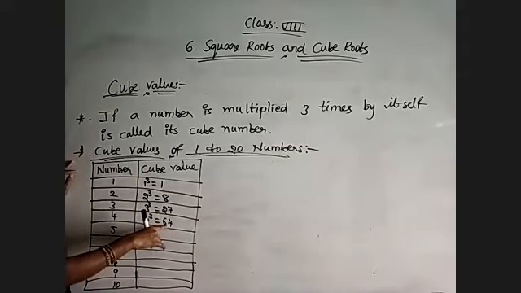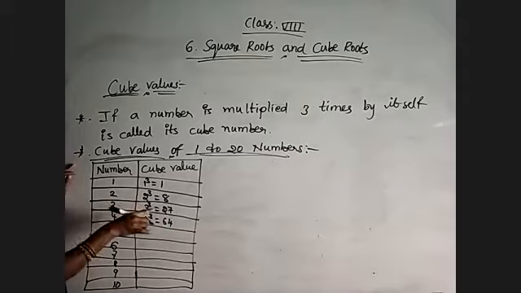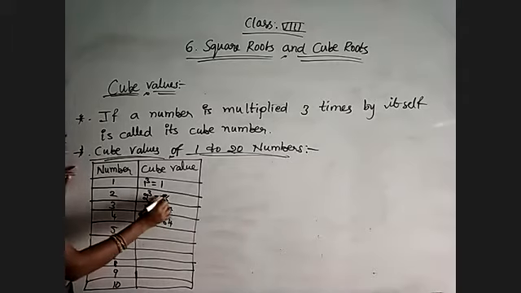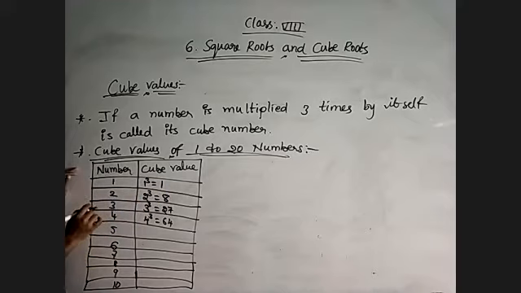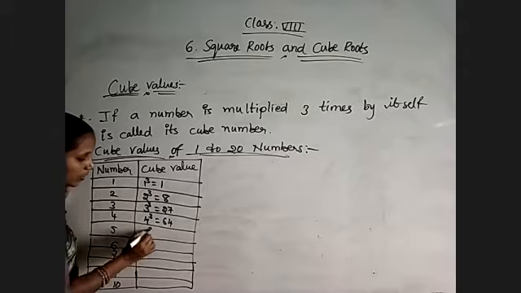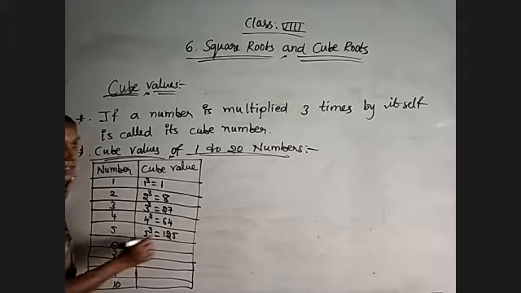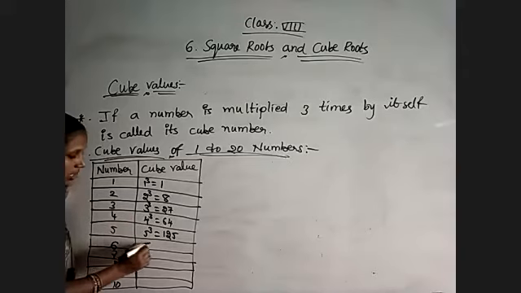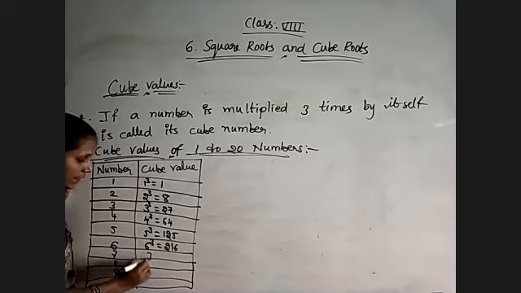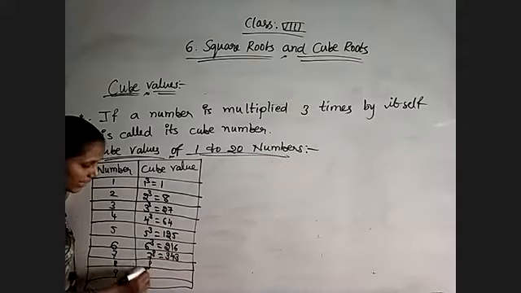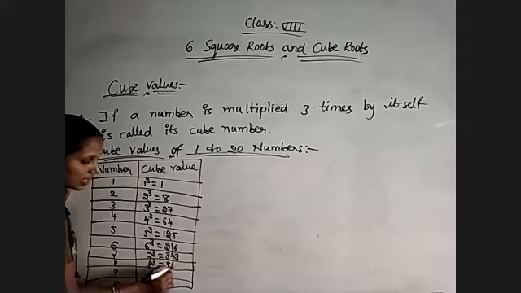It is a perfect square as well as a perfect cube, because 64 we can write as 8 square. So 4 cube means it is a perfect square and a perfect cube, whereas 8 we can't write as a square value. 1 is a perfect square and a perfect cube. Okay, next 5 cube is equal to 125. 5 5s are 25, 25 5s are 125. 6 cube is 216, and 7 cube is equal to 343. 8 cube is equal to 512.